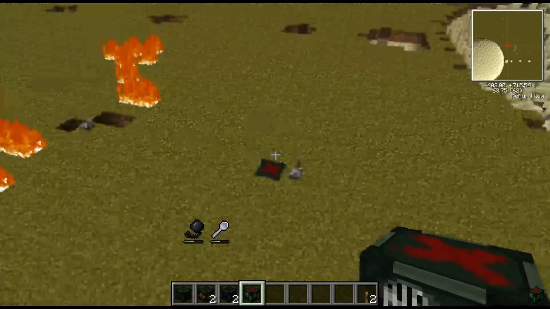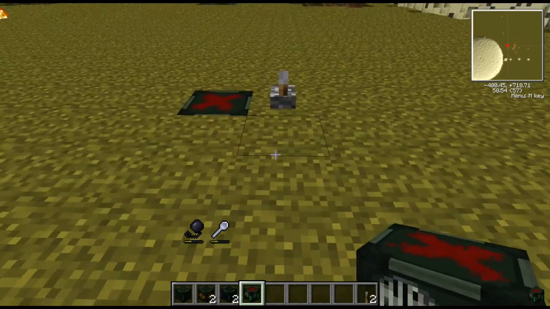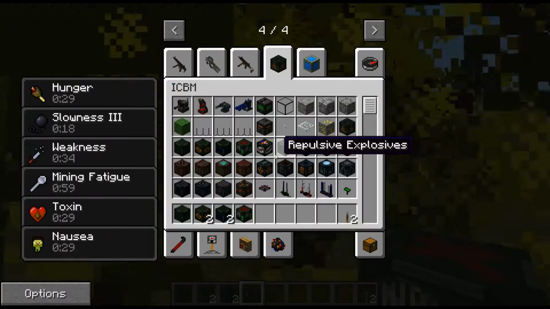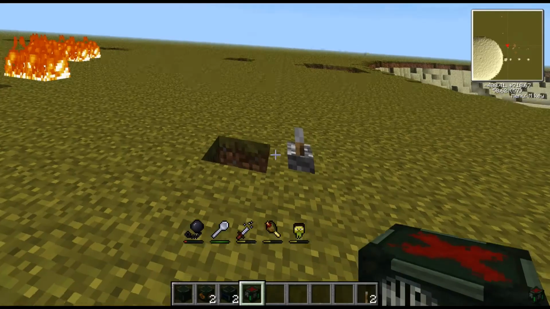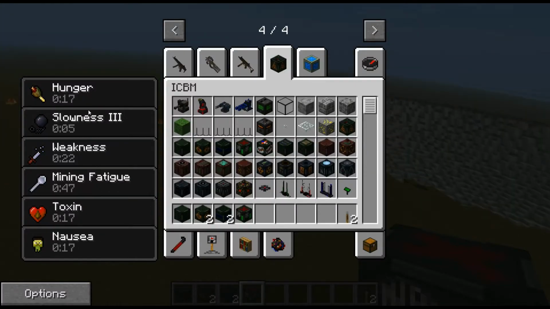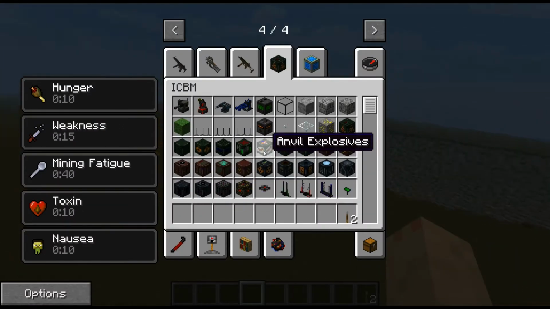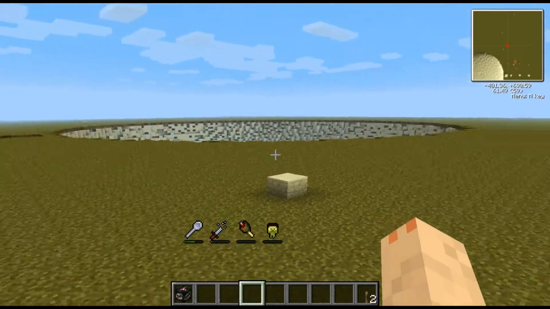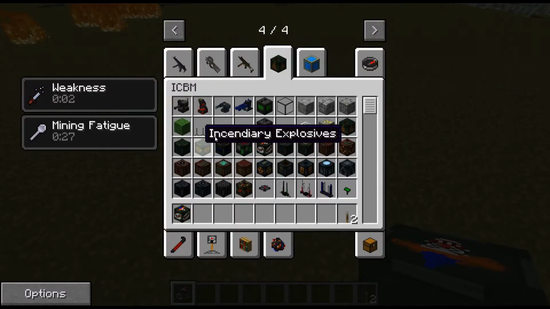Now the last one is chemical, which is basically that on steroids. And you'll see there it's giving me hunger, slowness, weakness, mining fatigue, toxin and nausea. So I'm poisoned, I'm hungry, I'm basically dying horrendously. Now the one I will probably not make in the survival world is Kosoma's explosive. Oh god, I'll just wait for this nausea to wear off. Oh, that's horrible. And this is the... where are we? The